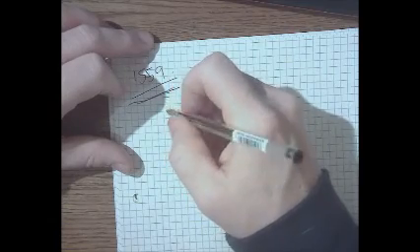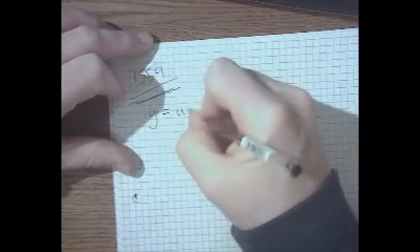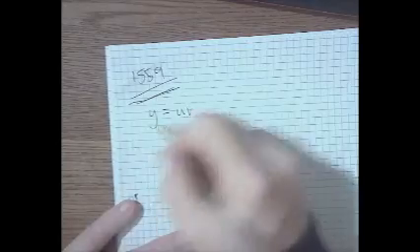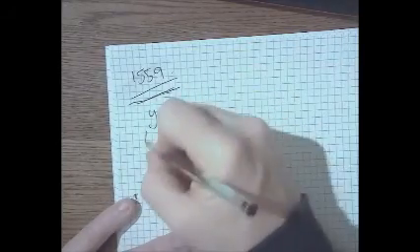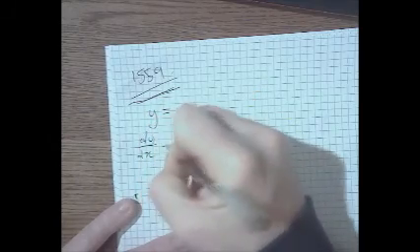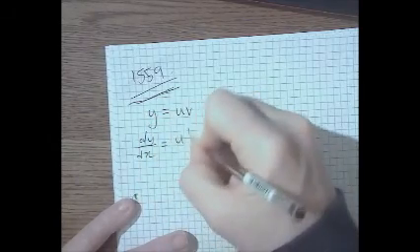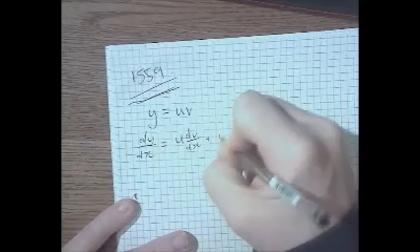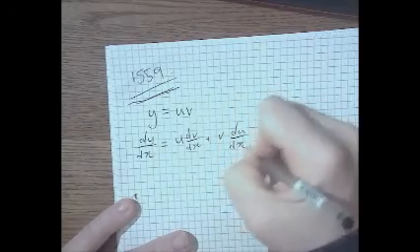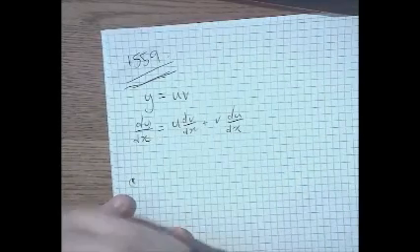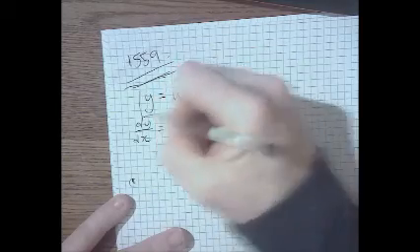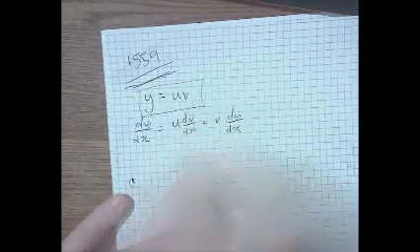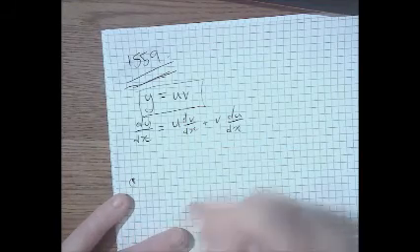This is the formal version of the product rule. If y equals u times v, and u is some function of x and v equals some function of x, then dy dx equals u dv dx plus v du dx. And what I'm recommending you do instead is think of a snappy little saying. My snappy little saying for the product rule is the fair rule.